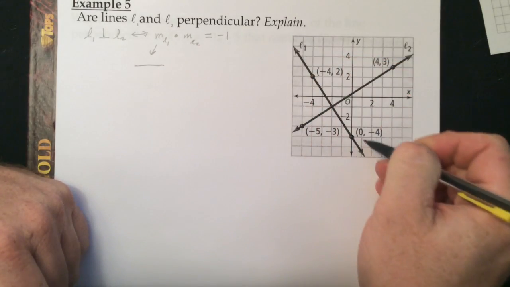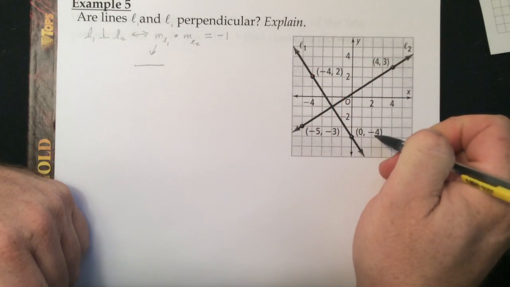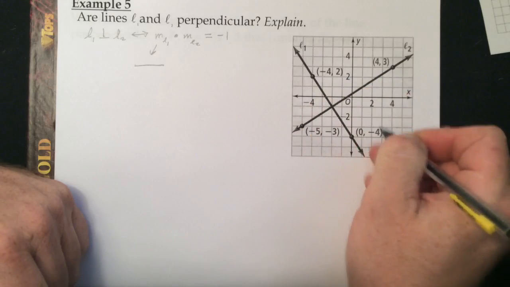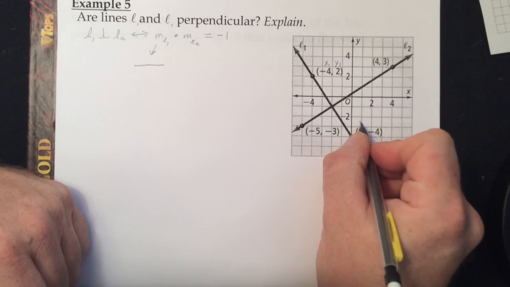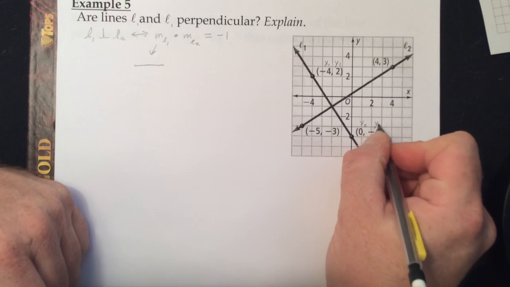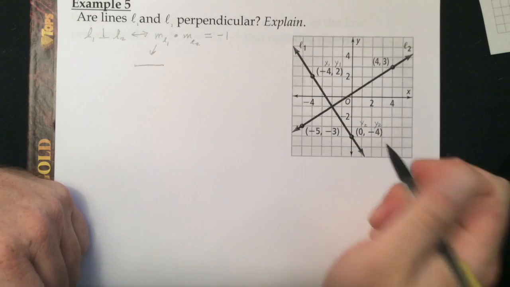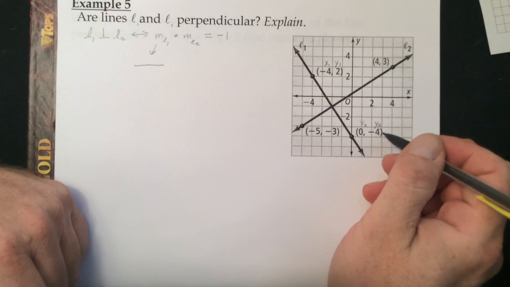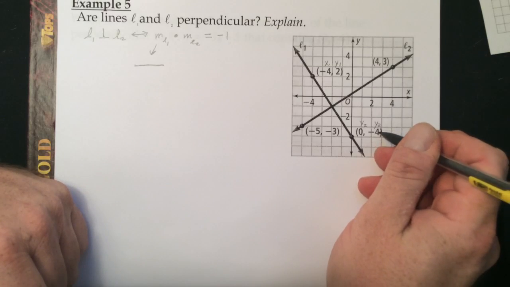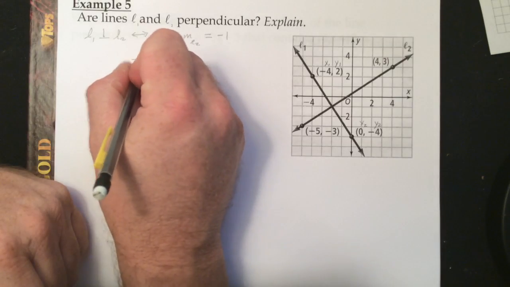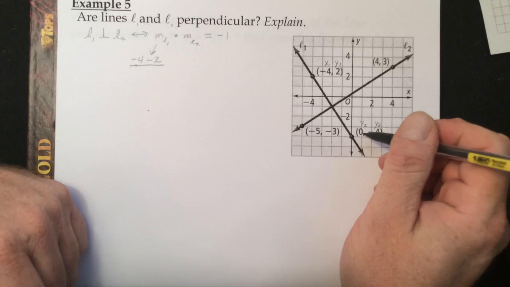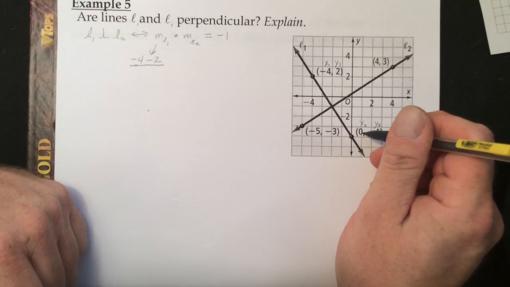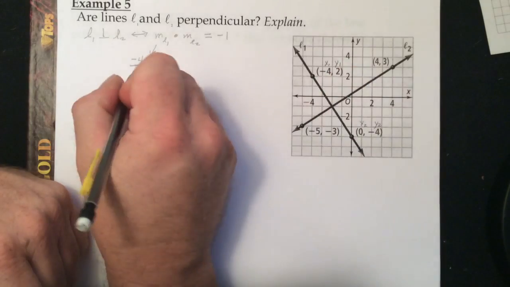Here's line 1. Line 1 has 2 points given to us on it. So let's let this be our first one, this be our second one. So this would be x1, this would be y1, this would be x2, and y2. Taking the difference of the y's, or change in y, it's y2 minus y1. We have negative 4 minus 2 over the difference in the x's, or the change in x, x2 minus x1, 0 minus negative 4,